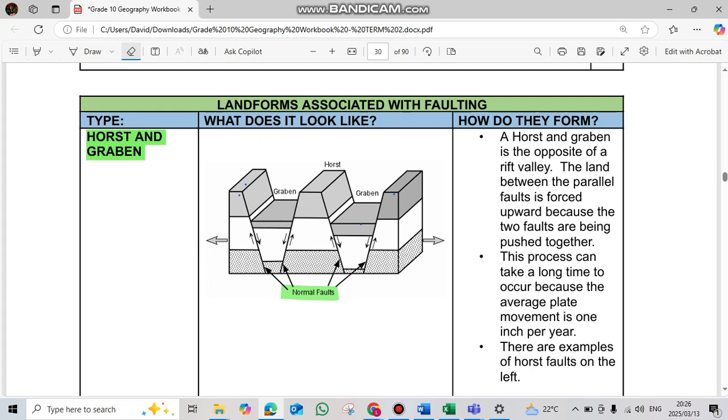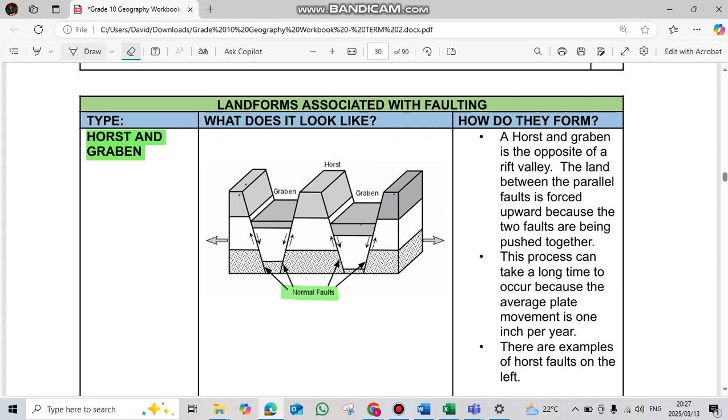So the way a Horst and Graben forms is because of that divergent movement. We then find the Horsts, which are these areas over here, or also referred to as our blocks, get thrusted upwards, and our Grabens are just essentially the valleys in between these Horsts. This entire landform is also known as your block mountains.